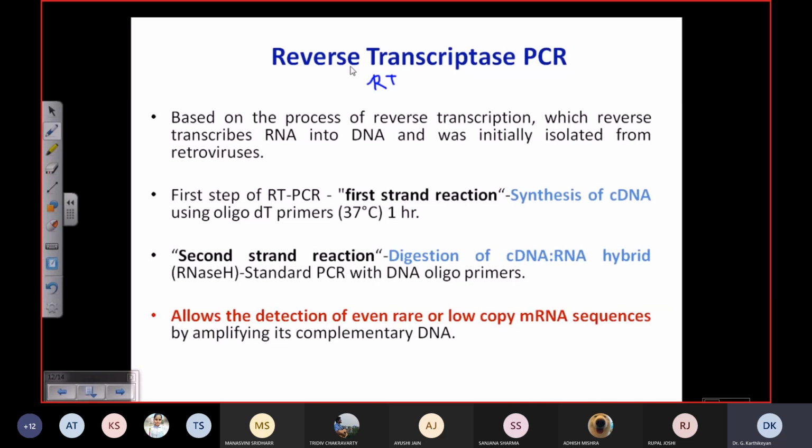Now, in this reverse transcriptase PCR, as the term suggests, reverse transcription is the opposite of what we know about transcription. Suppose we have the DNA. From the DNA, we get single-stranded RNA. This process is called transcription. But now there is a modification. If we need to provide